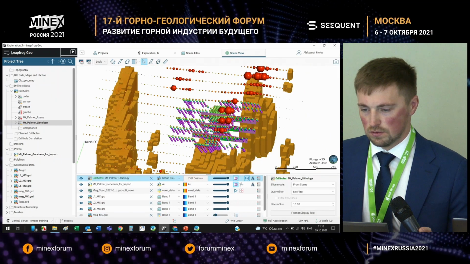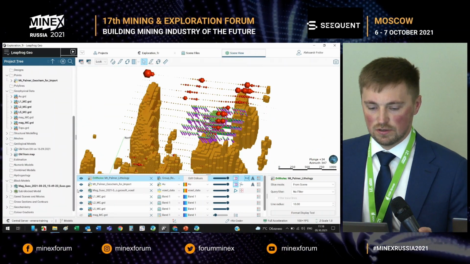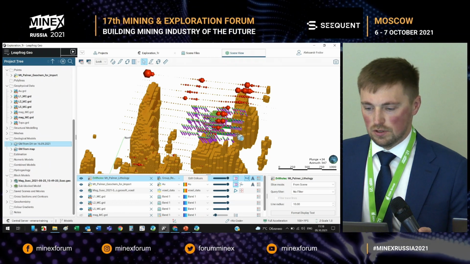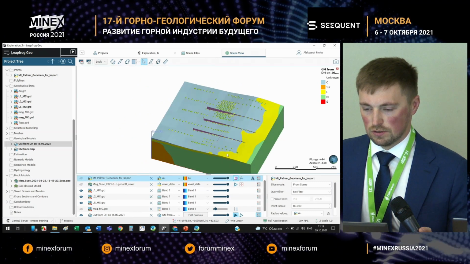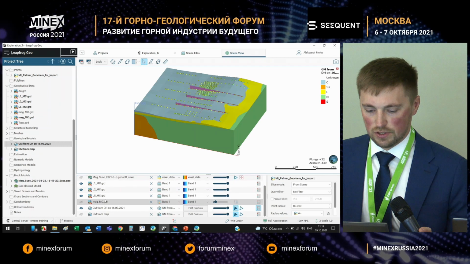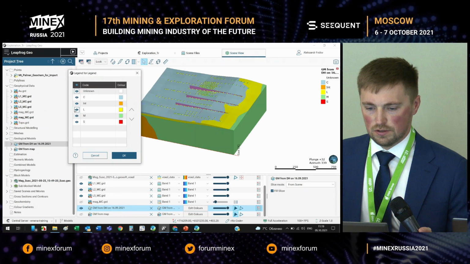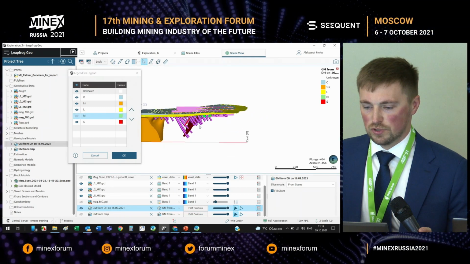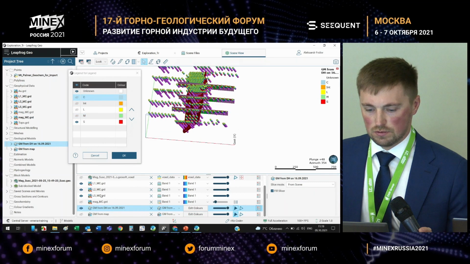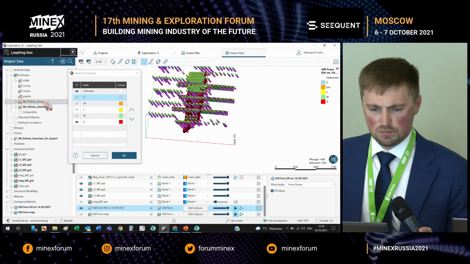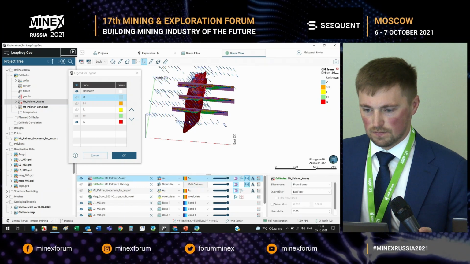I'll switch off the magnetic map. And now these data can be used for detailed geological modeling and to obtain this type of image. Here, based on our drilling data, we have built this geological model. We have different rocks here, and we also have data on the testing. We already see the ore bodies that have this type of shape. We'll see that immediately with the results of our drill tests.